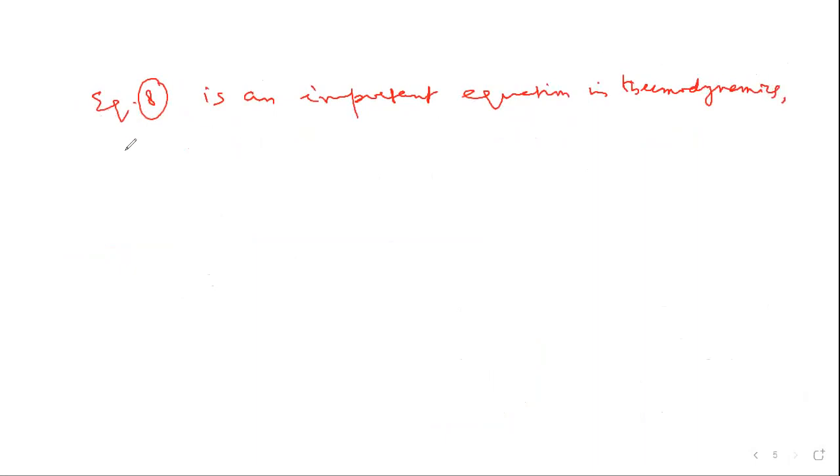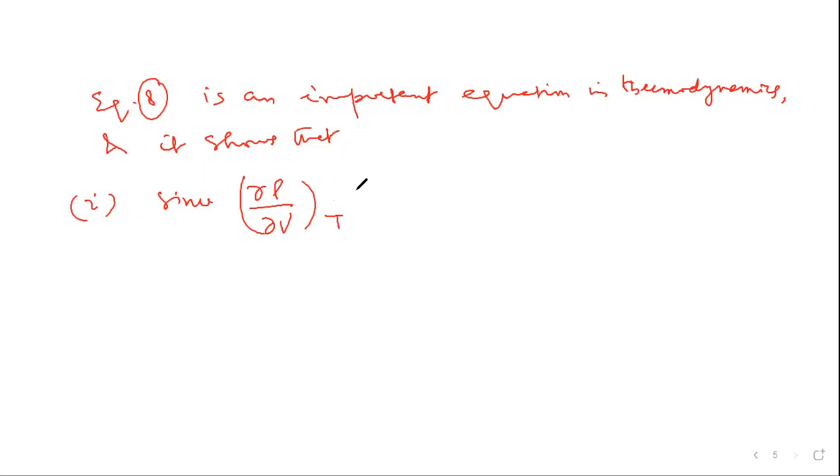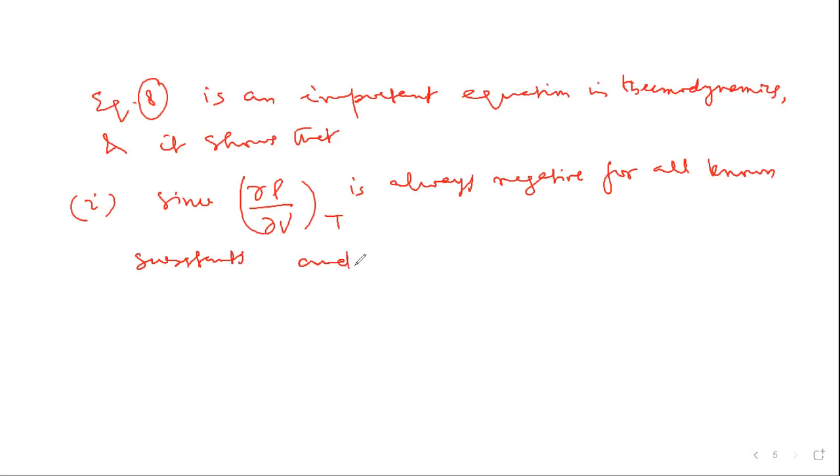And it shows that, first, since ∂P/∂V at constant T is always negative for all known substances, and (∂V/∂T at constant P) squared must be positive,